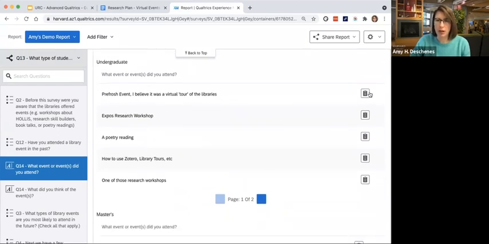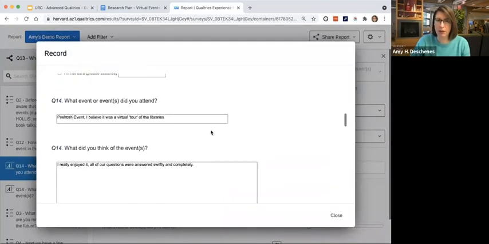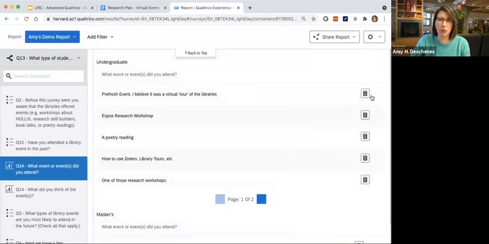So when you are here, one thing that is helpful, I think, is if you are interested in reading a certain person's entire answer based on something they wrote here, you can click on the clipboard and it brings up the record for the entire response. A lot of times, like if we're hearing really critical feedback, it's really helpful to put it in context of the entire answer. So I find that little option really helpful.